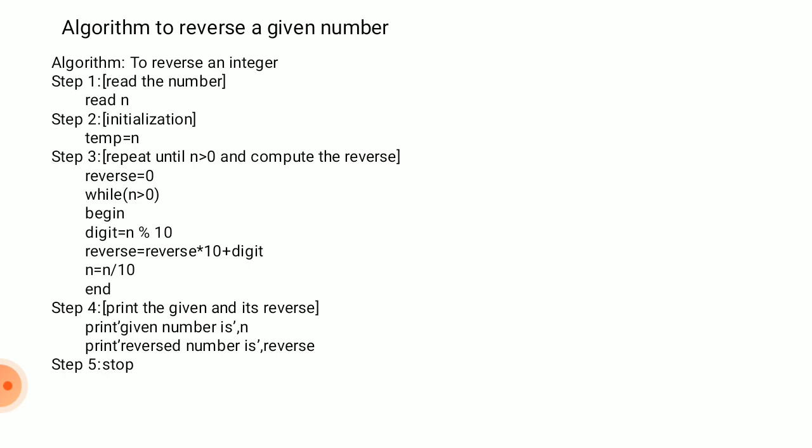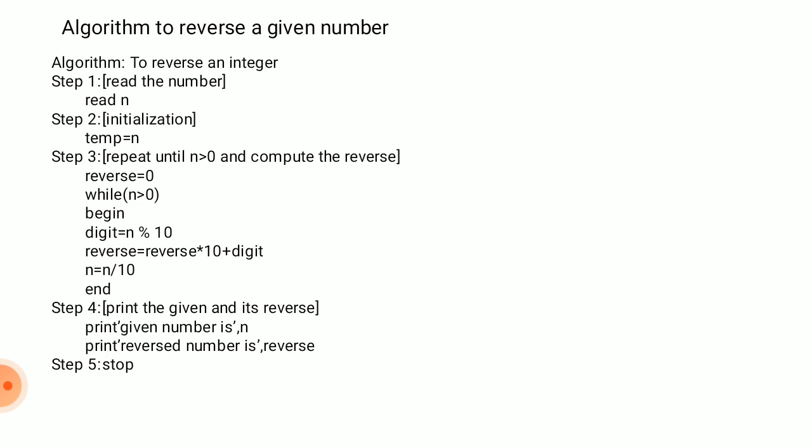Step 2 initialization. Initialization means the number you are reading, we are assigning to one temporary variable, that is temp. You might be asking, already we have read one number, that is n, so why have you taken a temp variable? During the process, the number we have read may be changed.